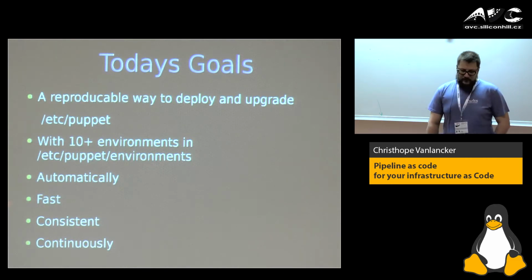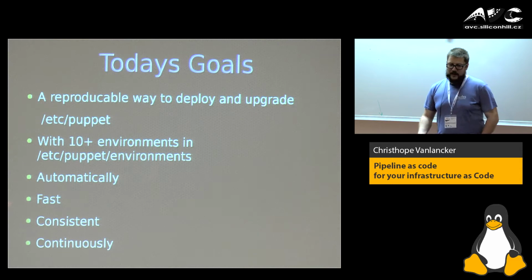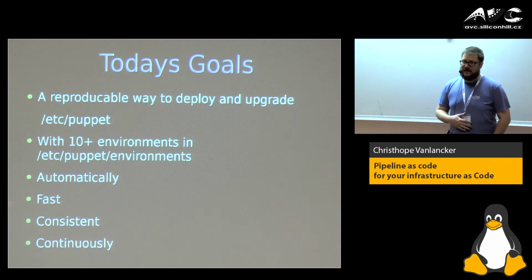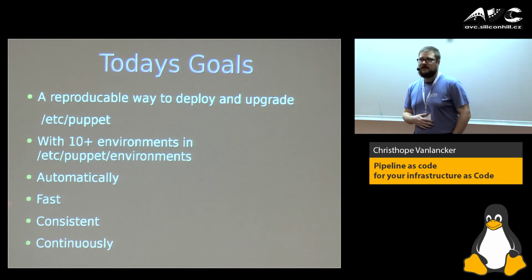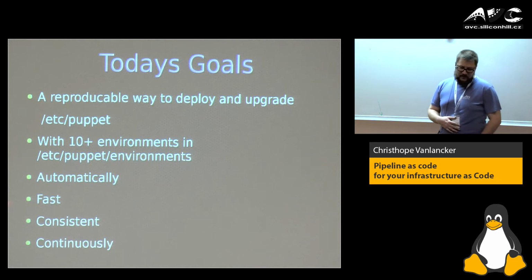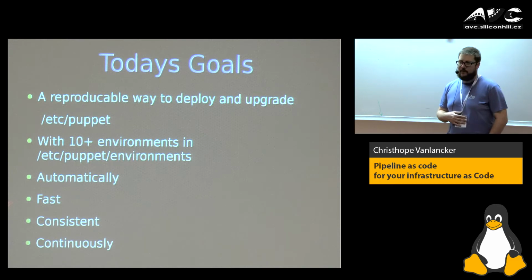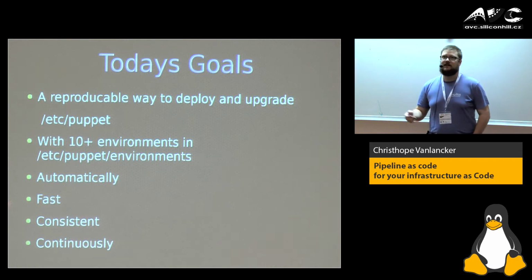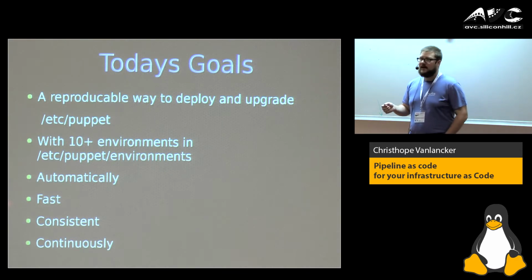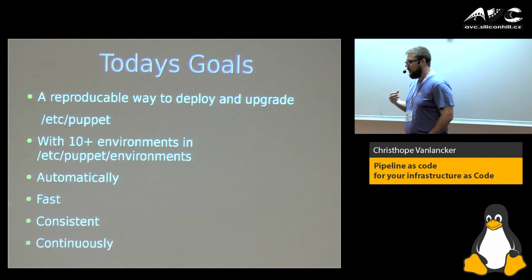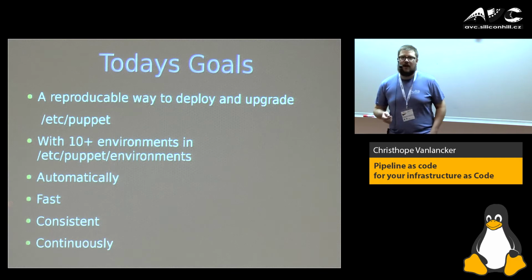What are the things we wanted to achieve? So we use DevOps methodologies to automate things, to make our lives and our jobs easier. And some of the things we do, we use Puppet for configuration management to help us deploy and prepare machines. We have different environments, and we want to be able to create them very quickly on the fly in a